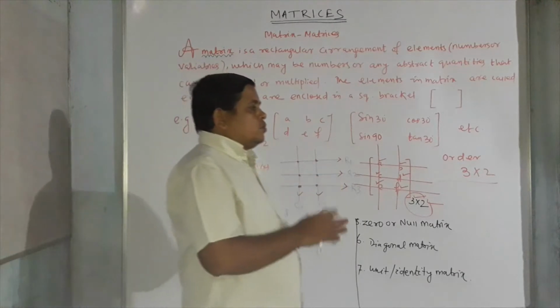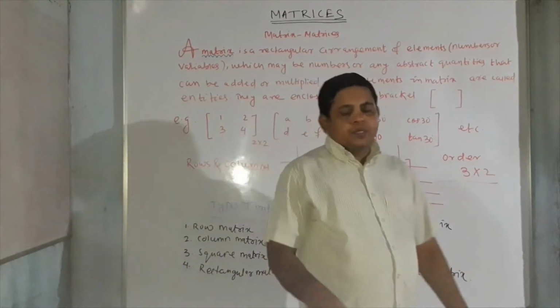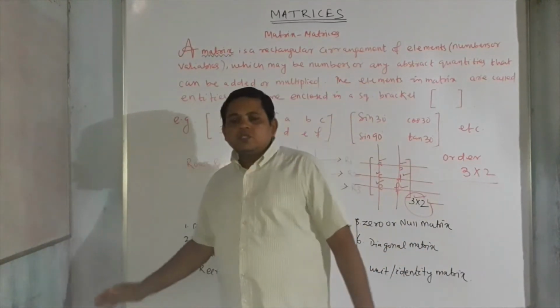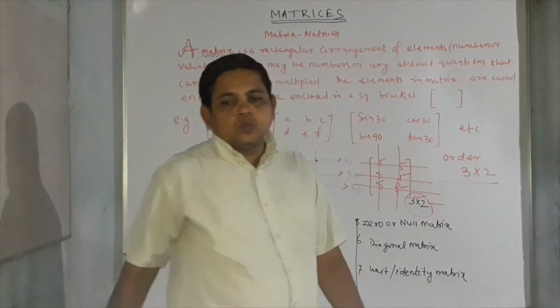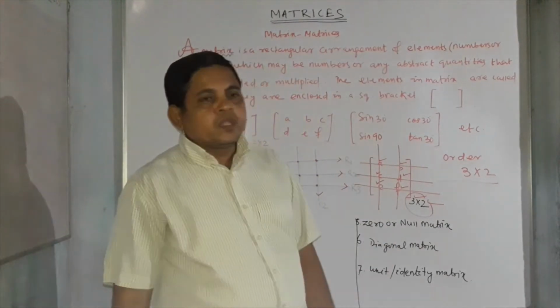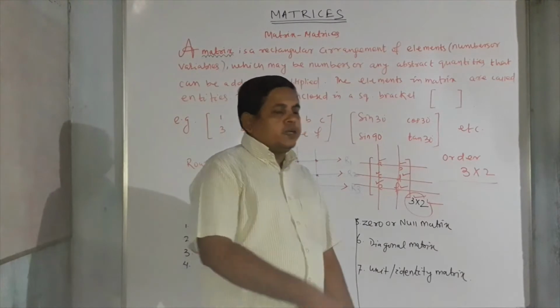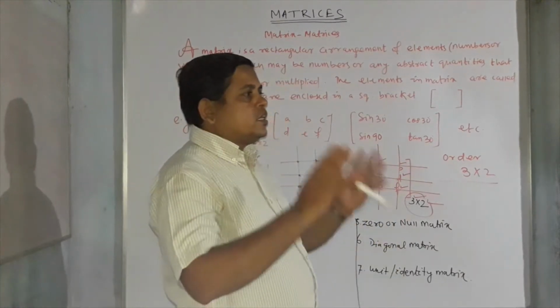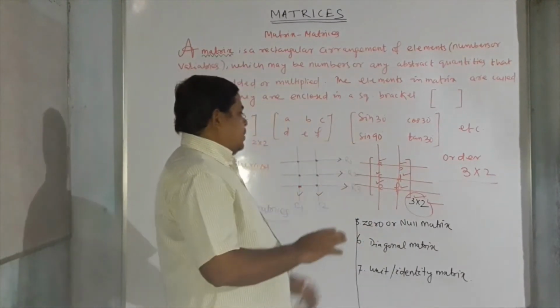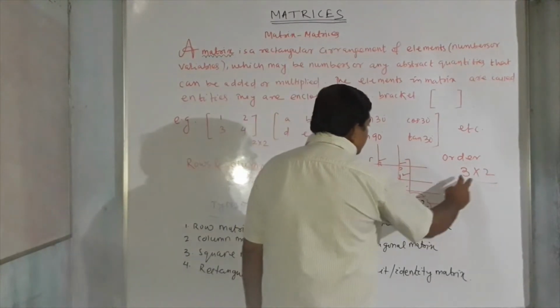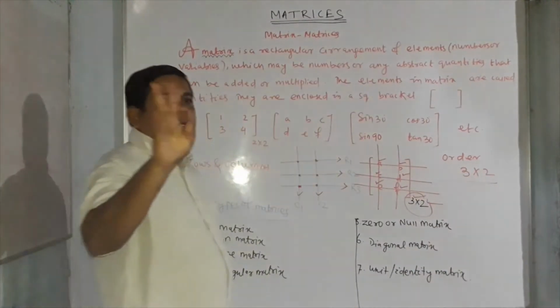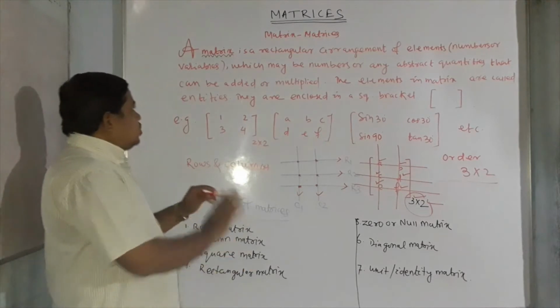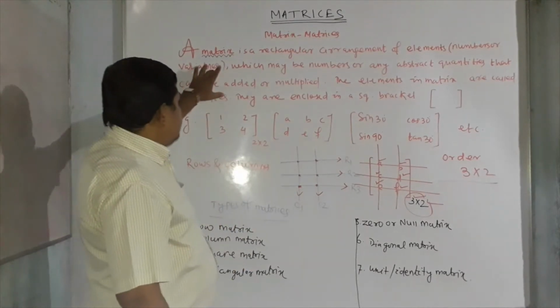Suppose a mason comes and asks the measurement of your room. You will say 12 by 12. That means 12 is the length and the breadth is also 12. Or 12 by 13, or 12 by 9, 12 by 10. Like this they are saying by, and by means multiplied by. 3 by 2, what is the order of the matrix? You read it as 3 by 2. So overall the definition of matrix is finished.